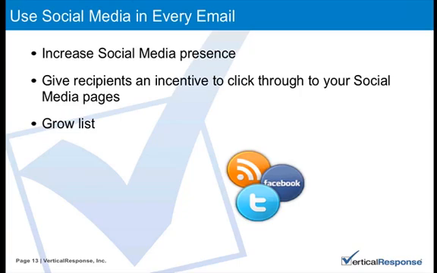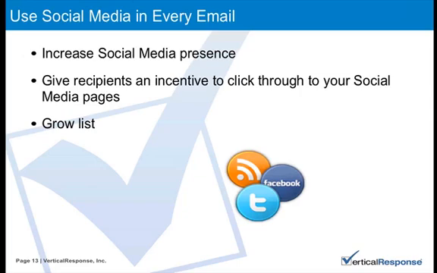So if you're on Facebook and Twitter, people have certain preferences. They like certain things. Some people like Facebook more, some people like Twitter more. So if they're following you in either one of those places, they'll be able to get the information that they want to see. And then also by being on social media, it allows your followers to share your information as well. So it can spread to their network the information that you're trying to get out there.